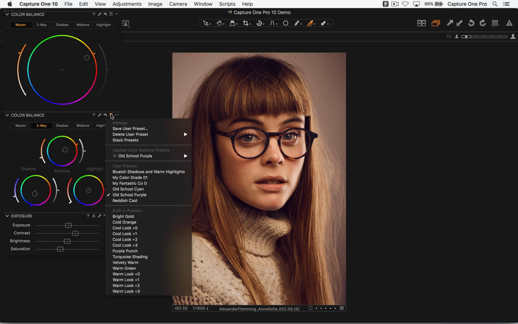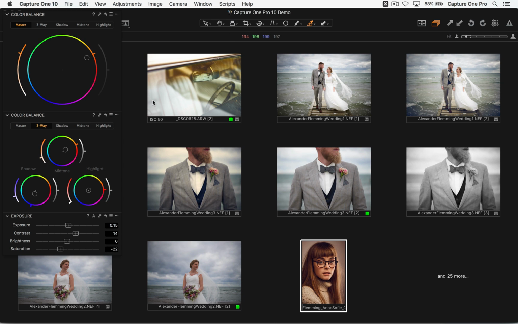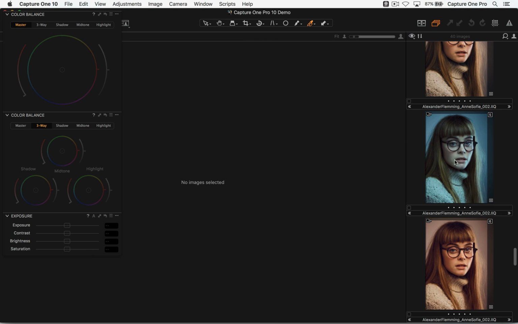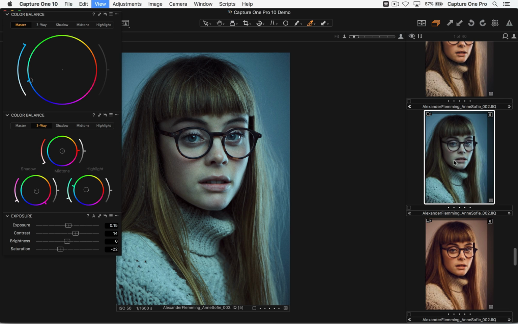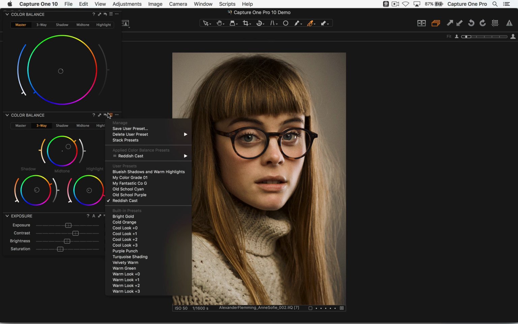Then we've got old school purple. Whoops, wrong shortcut. Even I get shortcuts wrong sometimes. That's why it's good to have a keyboard. I managed to hit select all for some reason. So where were we? This was old school cyan. Then we've got old school purple. And then we've got our reddish cast like so.